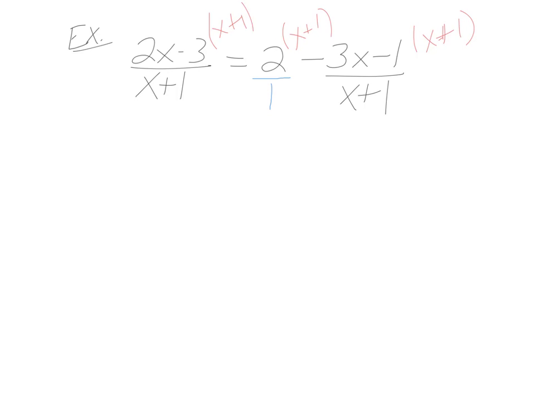Then, looking at every term separately, the first term, 2x minus 3 over x plus 1, the x plus 1's will cancel. And I'm left with 2x minus 3 equals. Then for the next one, we'll simply distribute the 2 times the parentheses. 2x plus 2